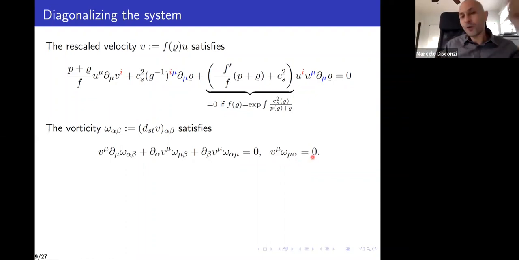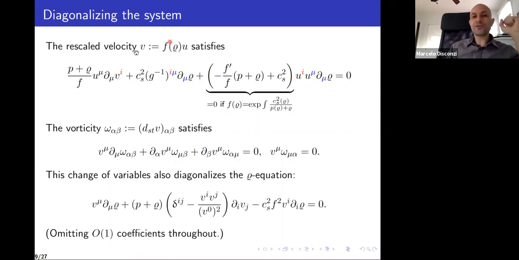Okay. Now, at this point, I make an important remark. Everything I'm going to say from now on has to be complemented with estimates for the vorticity. And estimates for the vorticity are obtained directly from this equation by using standard estimates for transport equations. But I'm not going to mention that. Okay, so everything has to be complemented with estimates for the vorticity. But for the rest of the talk, I'm going to forget about the vorticity and just talk about the other equations that are more delicate.